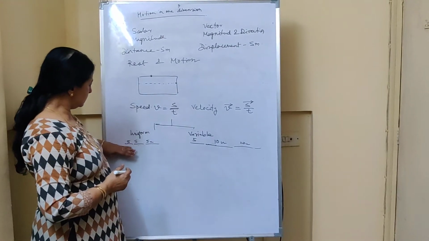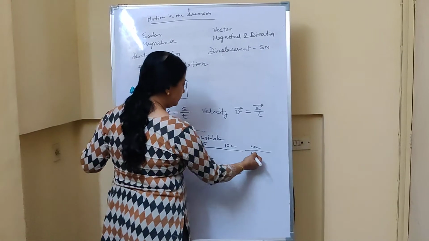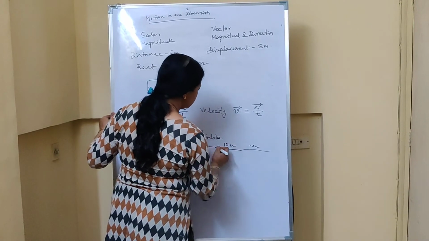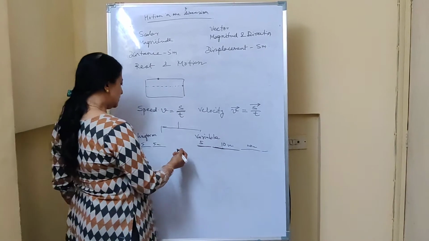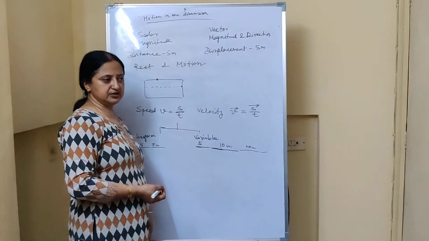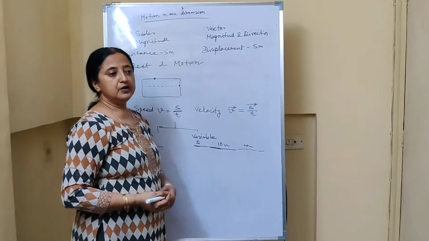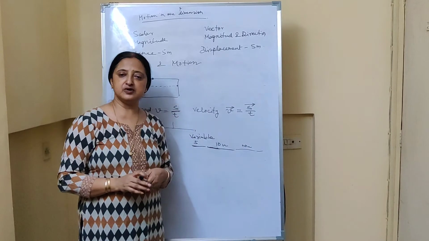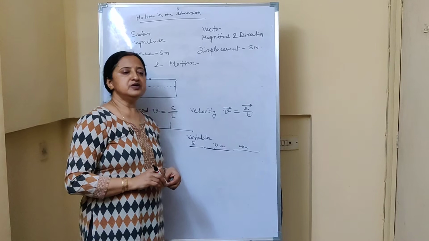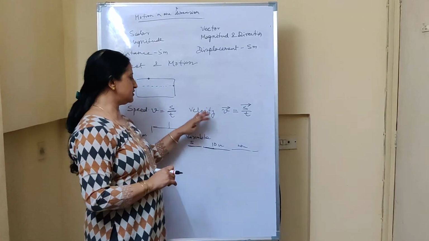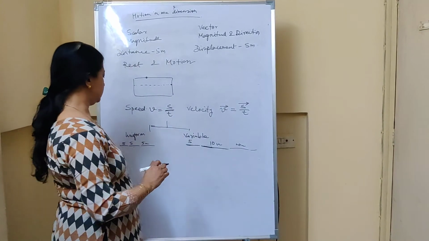So it is changing its distances, but the time interval is the same. So here also equal intervals of time, but it is changing the distances, then it is variable velocity. Variable velocity also happens if it changes direction. So uniform velocity: when raindrops come to the surface of earth, they move with a uniform velocity, and an object falling freely under gravity falls with a variable velocity. So these are the two concepts of uniform and variable velocity.